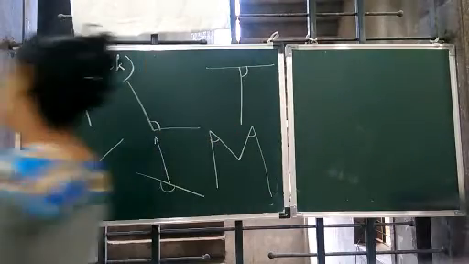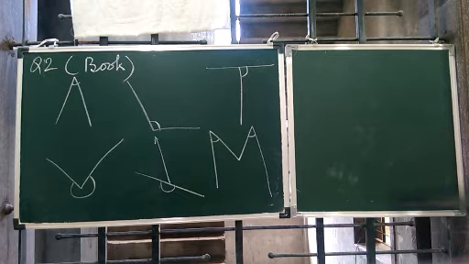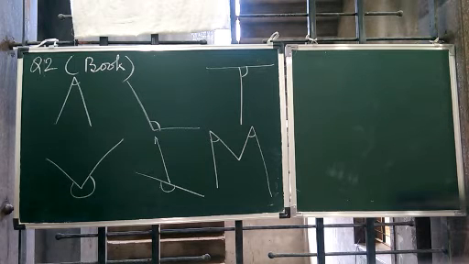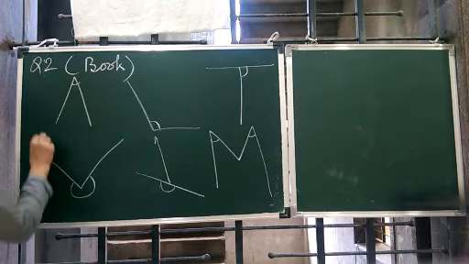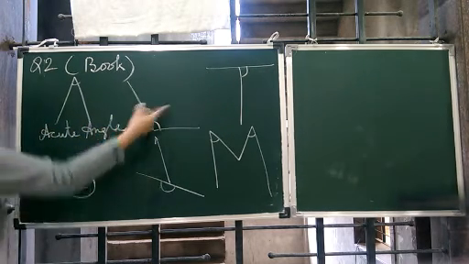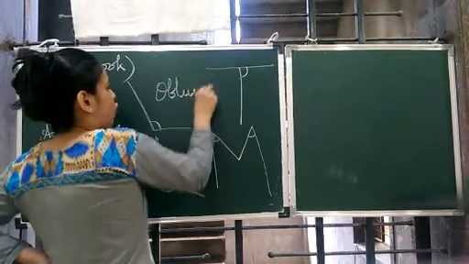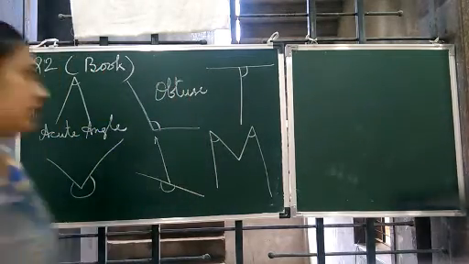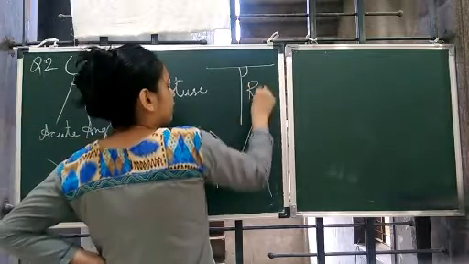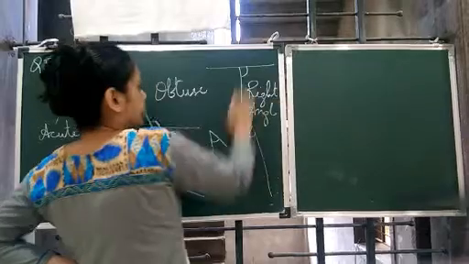Done before also, so you can say that this exercise is like a revision for us. So the first one, less than 90. So it is what? It is an acute angle. Second one is what? It is an obtuse angle. Third one is what? Right angle. You can see now, it is the right angle.